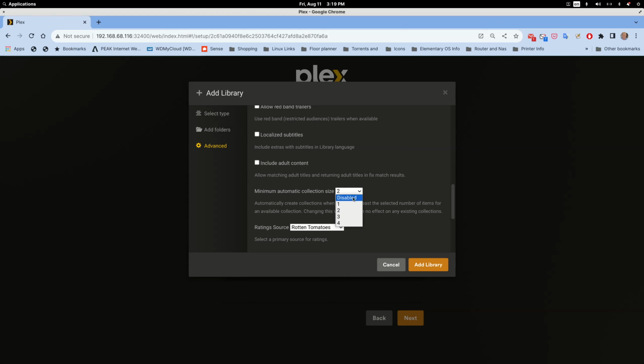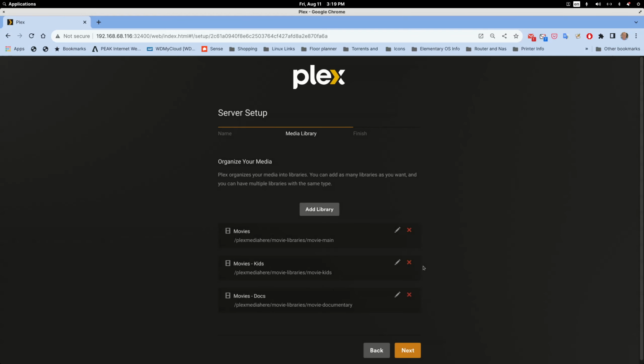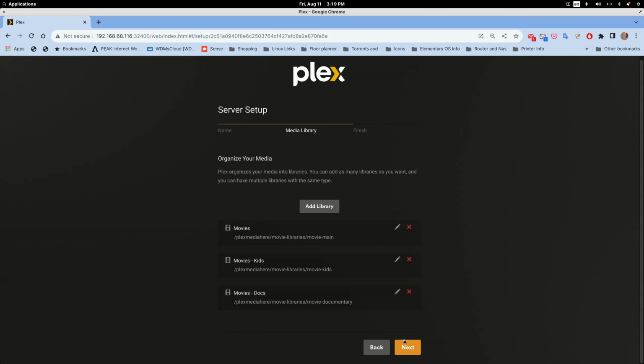So if I set it to disabled, it won't create collections based on collection entries at TMDB. If I set it to 1, if you have one movie that's part of a collection of 2 or 3 or 4 movies, it'll add that single movie to a collection, and I don't really like that. I don't want to see a collection created unless I have at least 2 movies. So that's why I'm setting it that way. We'll hit Next,